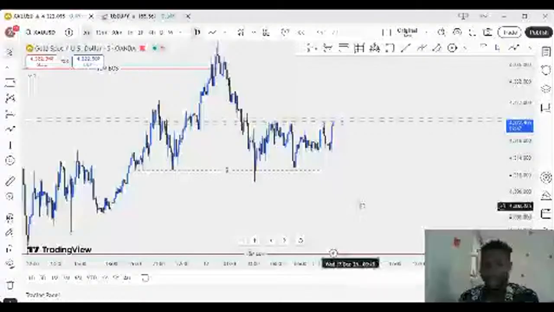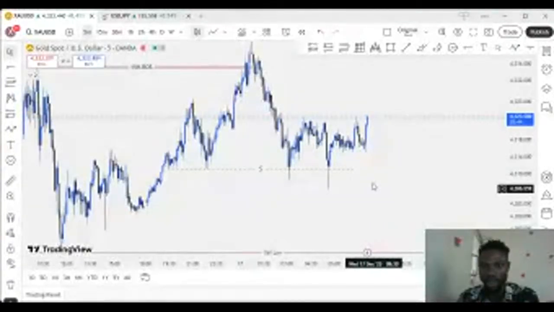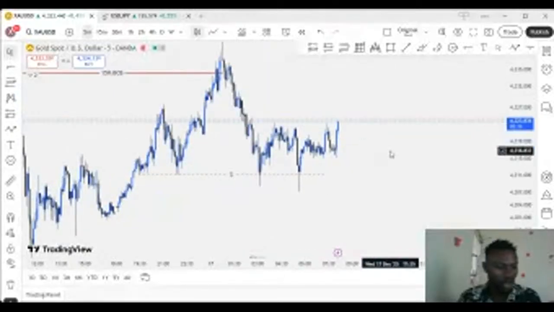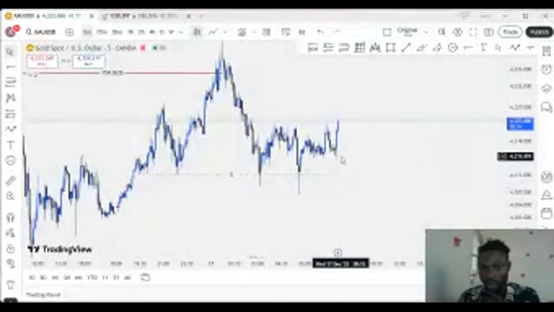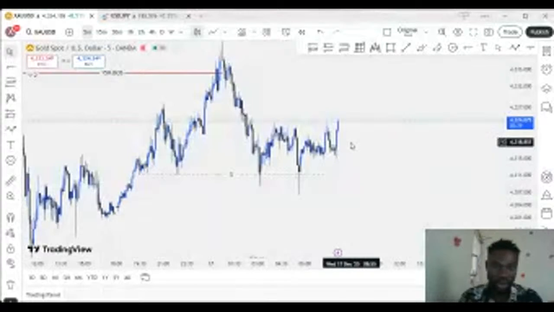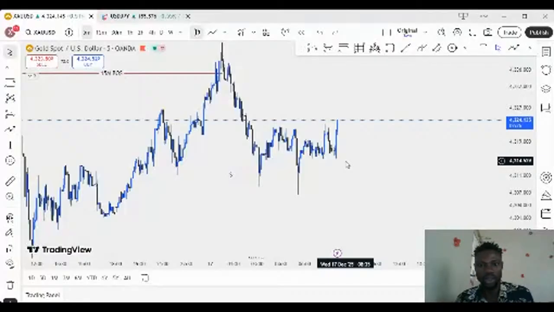So let's just hold on. I'm seeing a huge pullback to this level here. The market is already pushing up to break this place, so let's wait for the second entry. Actually, the market has already dropped the first entry before now, but let's wait for it to give us another entry before we rally up. So let's just hold on.